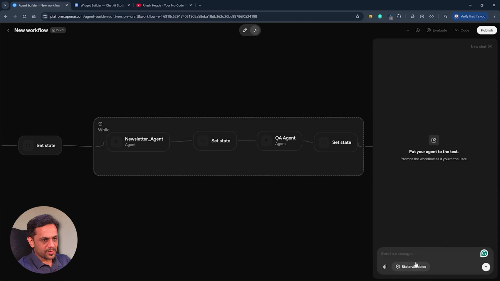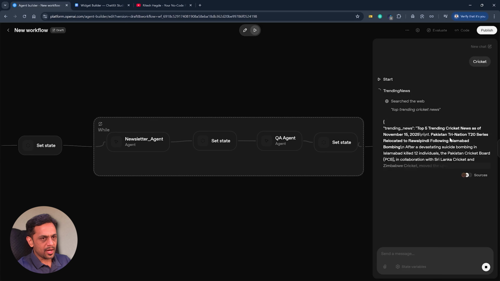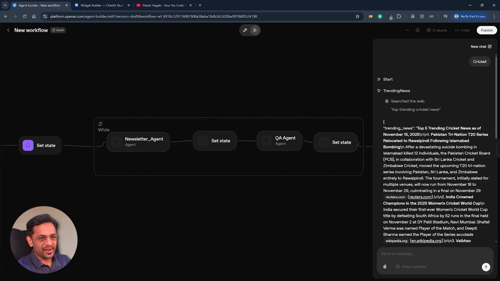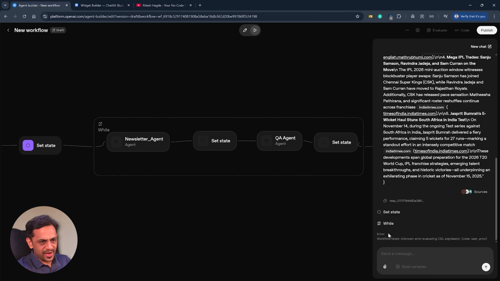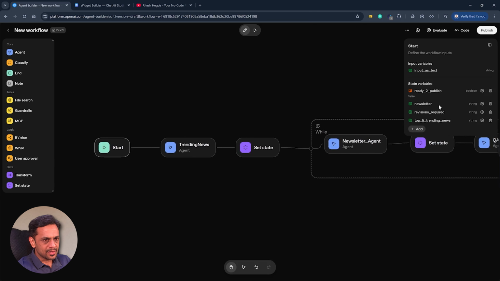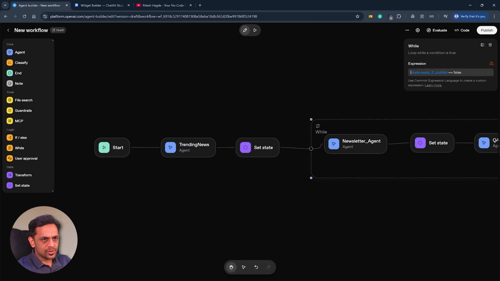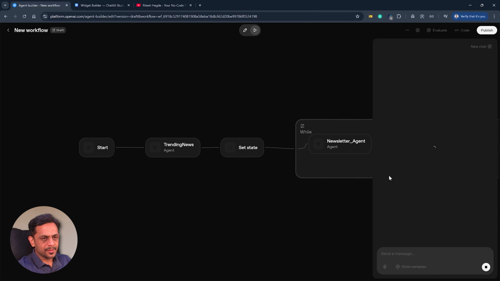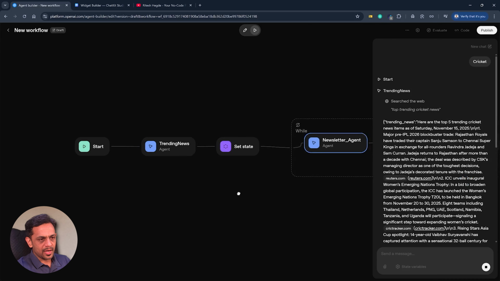I'm going over here and I'm going to say, let's give it Cricket itself. Let's see what it does. It's searching the web. Got the top 5 trending cricket news. So it has failed in the while loop, and that could be because we have not set the state to false. So the bracket we added needs to be removed. Let's come back, cricket. So it will get the 5 top trending news about cricket,